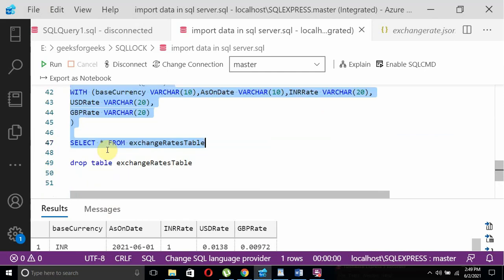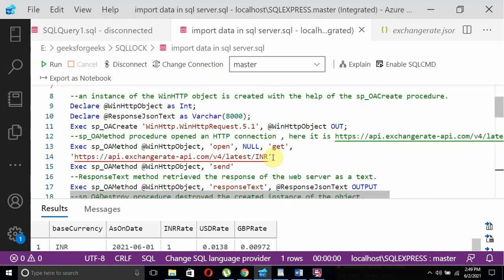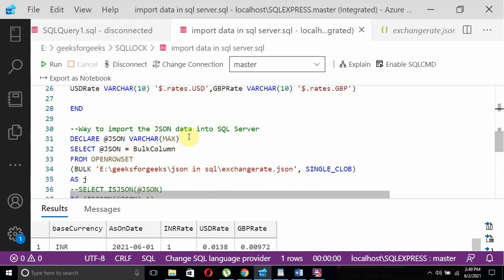Those ways we have also seen here. So in this way, just by modifying your REST API call and understanding the output of the REST API call, you can modify the parameters and very well store the values present in the REST API into a SQL Server table easily.